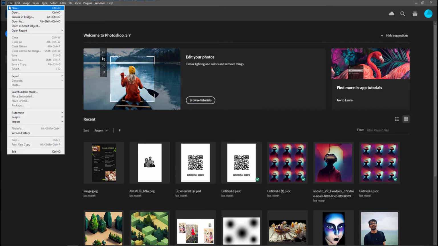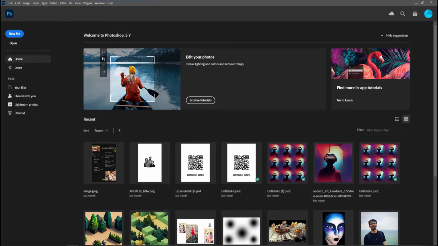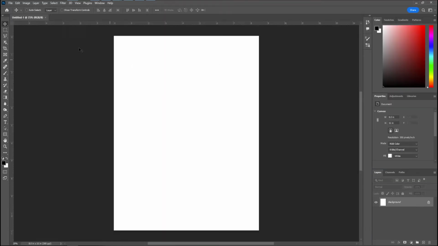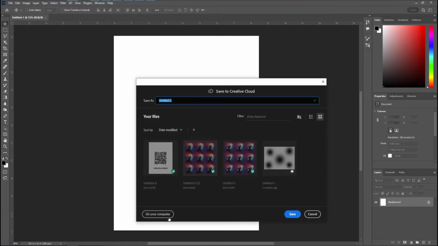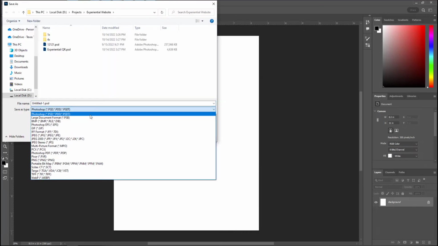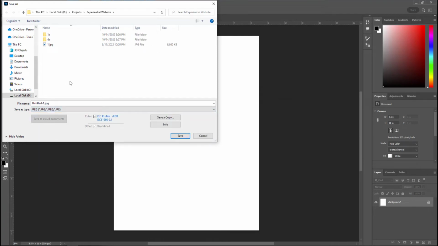So to change the background, open Photoshop and create a new file. You can choose any template because all we are gonna do is change the background to white, plain simple white. So I'll just create a letter that is white, and then file, save as, and save it as a JPEG. So I'll save it on my computer. Set the destination folder to the correct one. So I'll save it as BG and JPEG, of course,